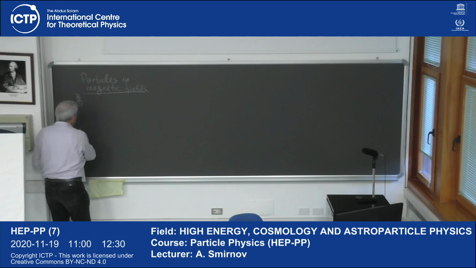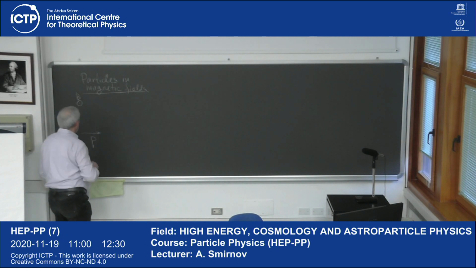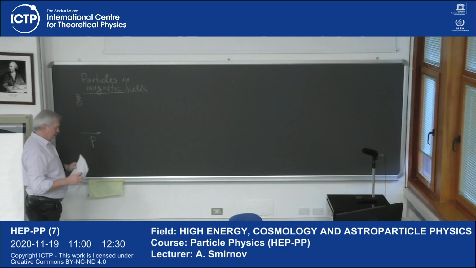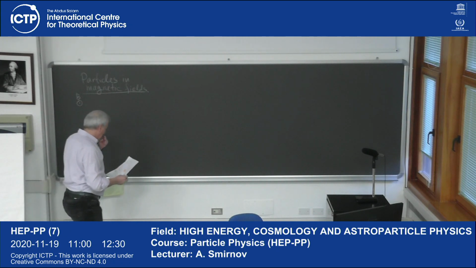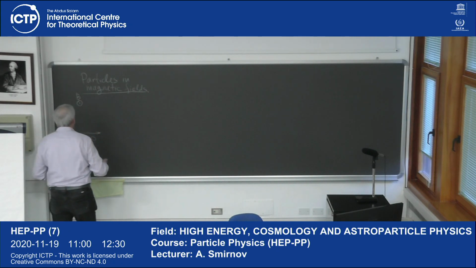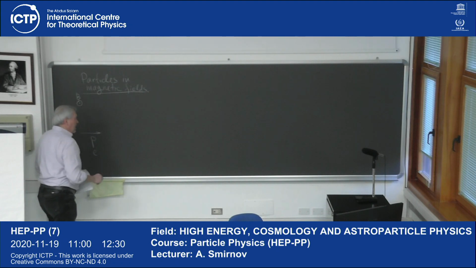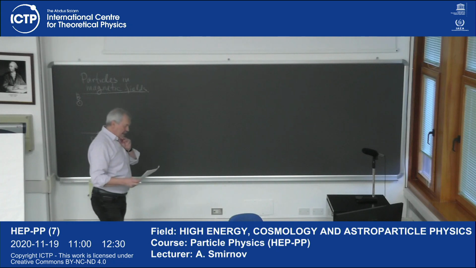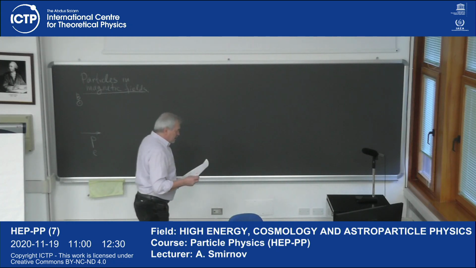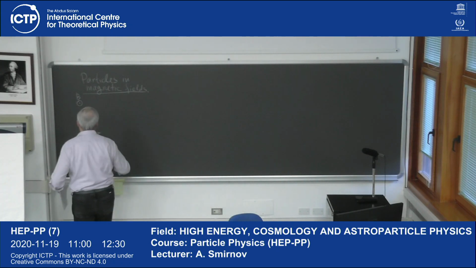And suppose we have a particle with momentum p, again moving in the plane of the blackboard. The particle has charge e. And then what will happen? The particle will have circular orbit